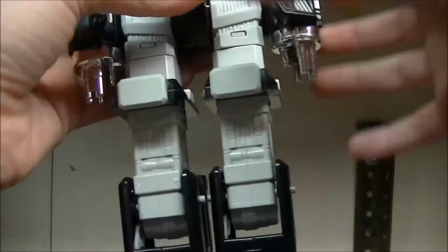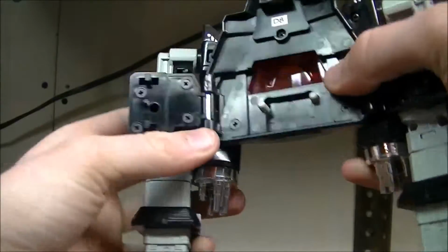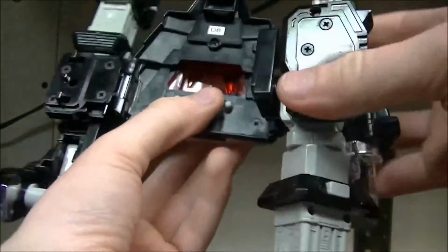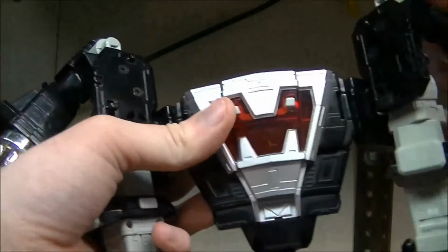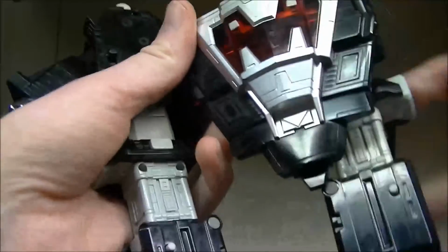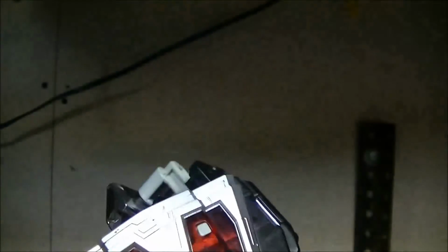And the arms actually are pretty interesting for the transformation. What you go and do is rotate the arms out of the body, and then rotate them around on this axis. And go ahead and flip it around, because this will be the chest plate. And take these bits and fold them back up. Oh yeah, first you want to push these buttons on both sides, which will unlock these bits. So then that will allow us to fold them up